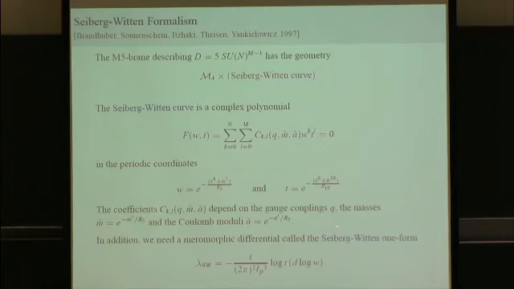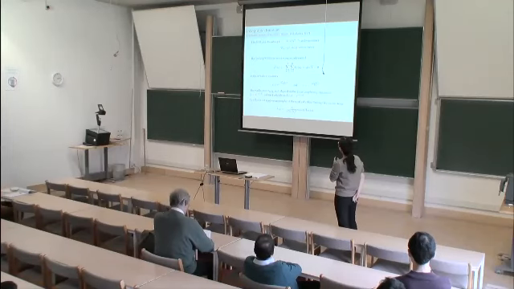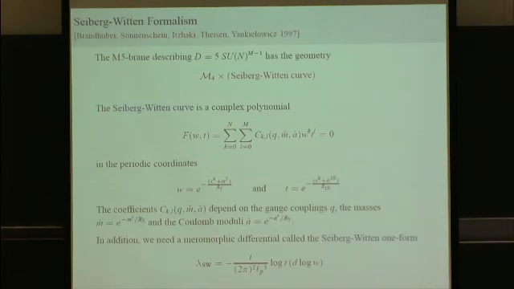Yes. I'm sort of confused. When I write down R4 cross Seiberg-Witten curve, normally I would think that's describing a four-dimensional theory. Sure. Yes, it's the N equals 2 gauge theory. Here you say it's D equals 5. So I'm a bit confused about the number of dimensions I'm in.